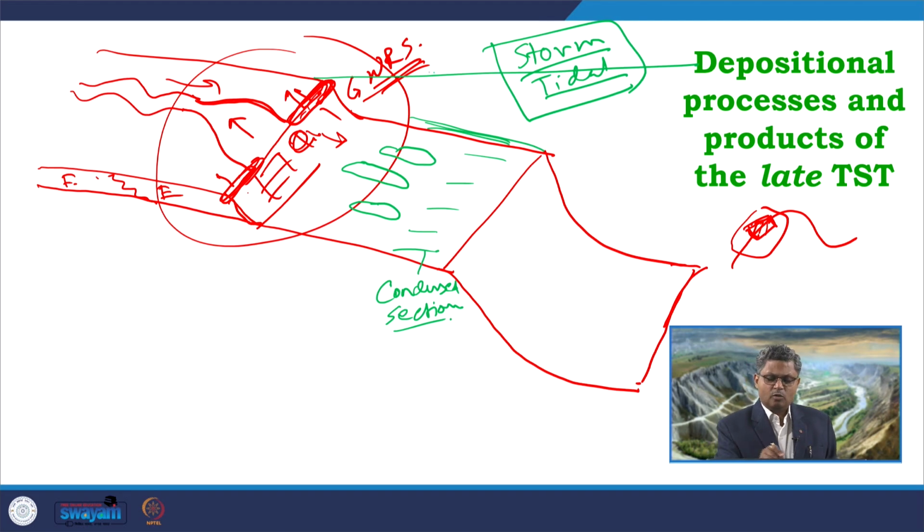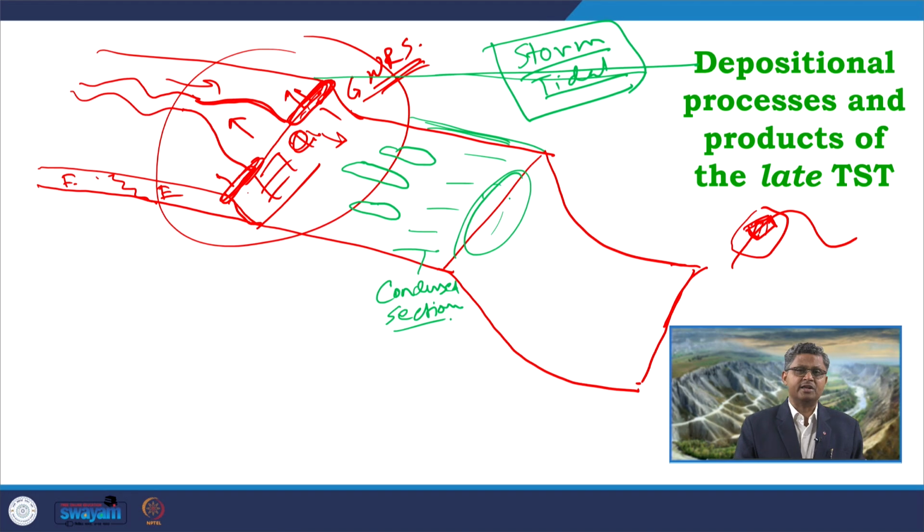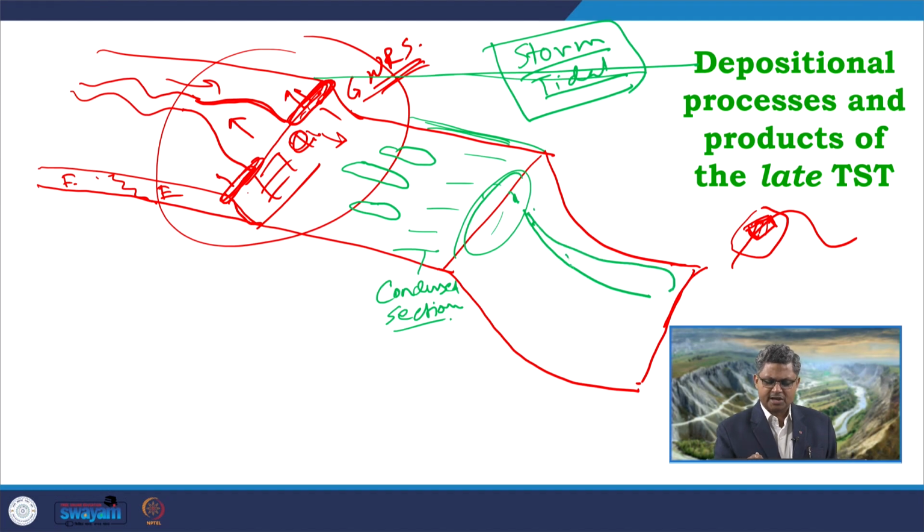Now, this much of water depth, or this sudden change in the water depth and this kind of encroachment, leads to hydraulic instability over here in this zone, and that leads to development of successive debris flows which will be developing from this zone, coming down this area and being deposited in this area. Now, since these are debris flows, what are the materials available? The mud which is available under these condensed sections are the source materials now. So, dominantly we get mud flows to come down over here and get deposited in this area.